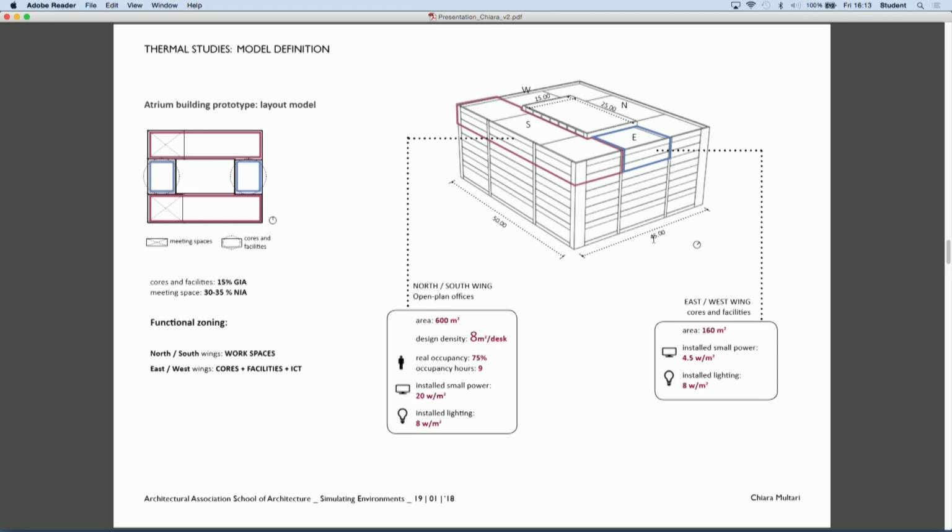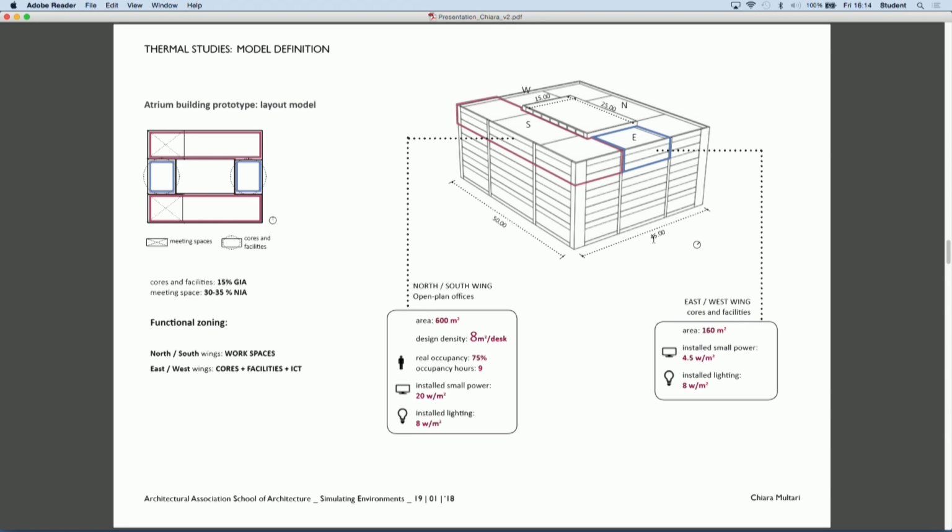The prototype building that I developed is an atrium building, so it's quite different from the typical layout of commercial offices, which usually have the cores and services in a central position.